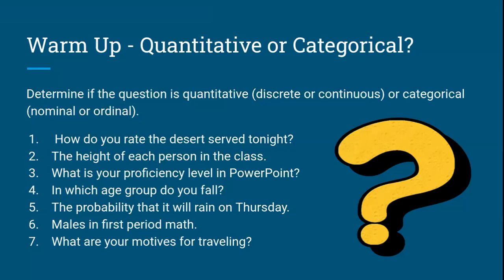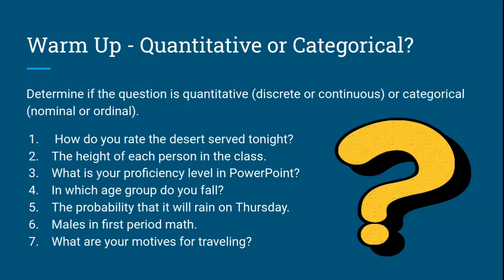All right, so categorical, yes, we hear category, and we know categories are groups. So now the question becomes, is it nominal? And nominal data is descriptive. Or is it ordinal? And ordinal data has a range. Okay? So we are going to classify these seven